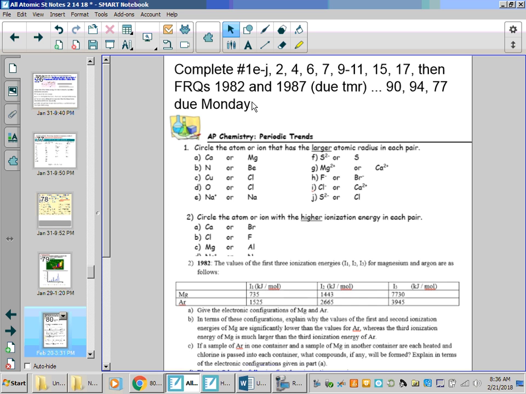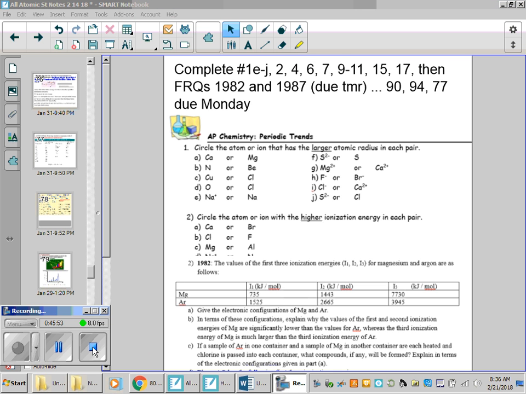And at some point in time, put that Bohr lab in the box so I can get that credit, so I can help your average that plummeted after I put the midterm grade in. Notice how many times I put that midterm grade in. How many times did I put it in? Once. I have a big heart. I know this class is